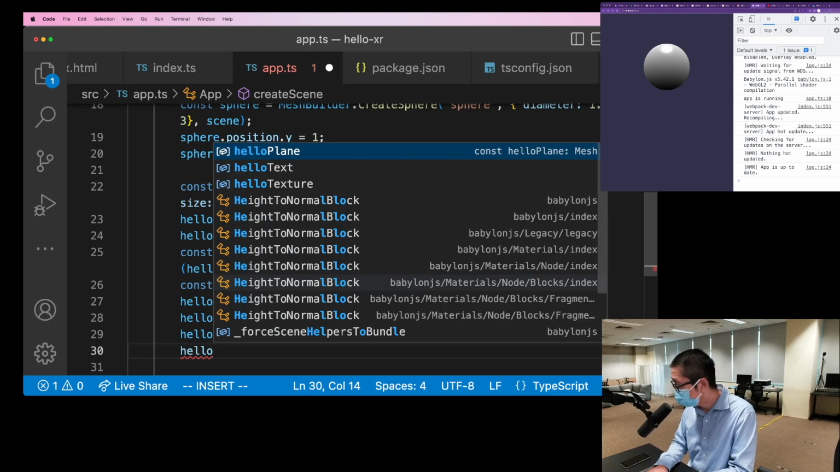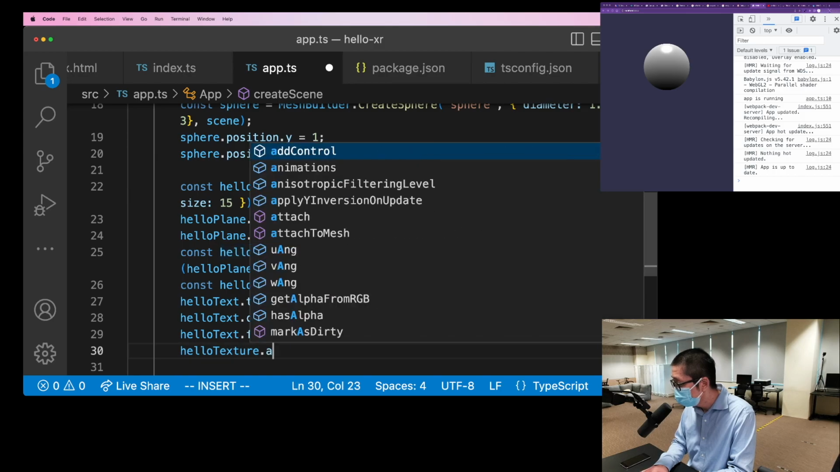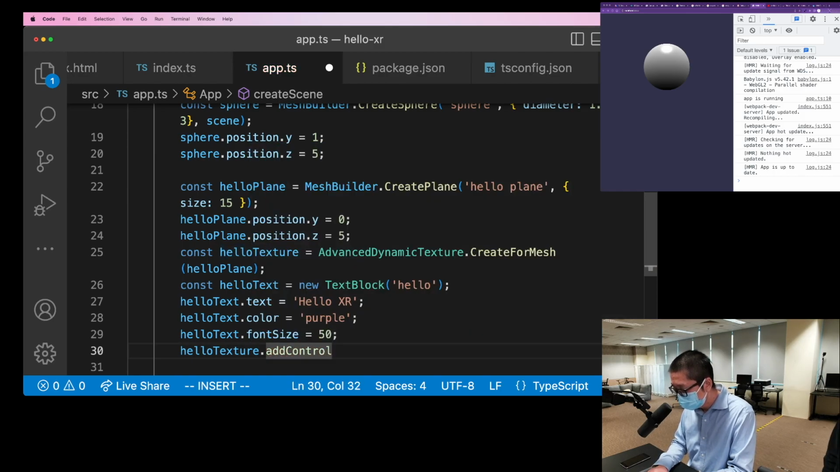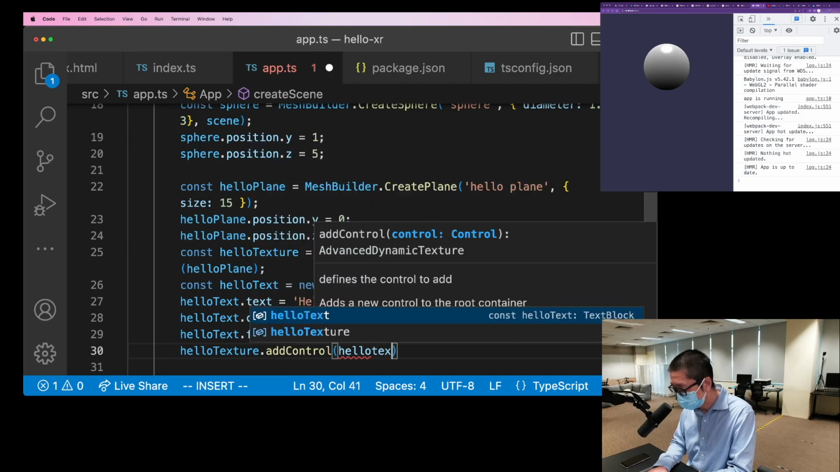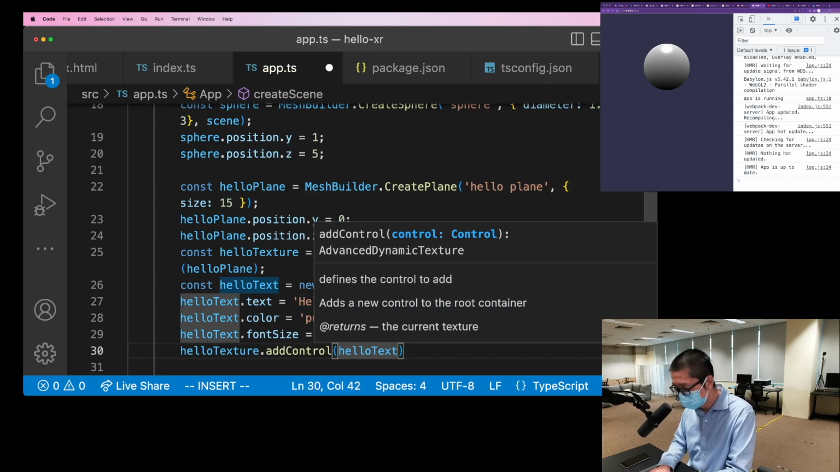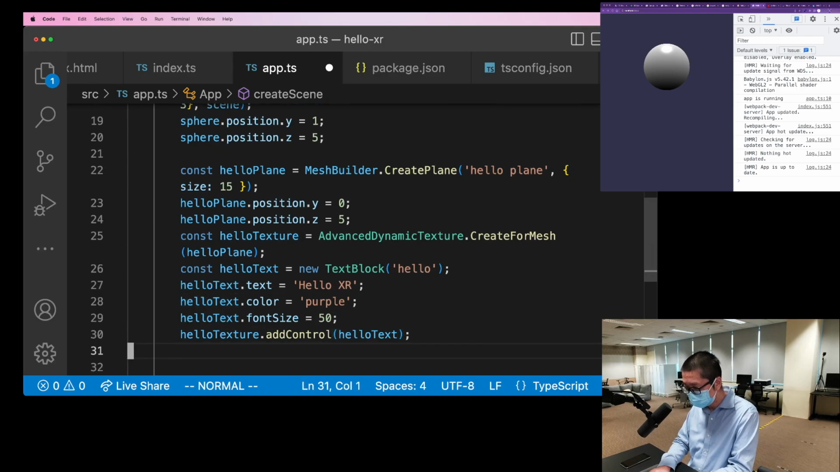Okay, so we'll set up the text. Then I just quickly finish this. Then add control, so pass the text here. And create texture for the plane. Then we have the text, then we define all the things. Everything looks understandable, but